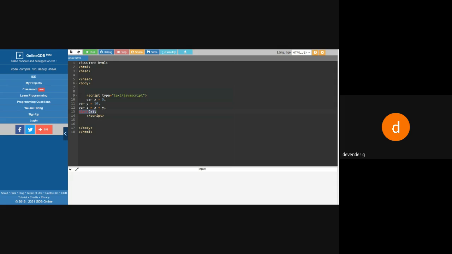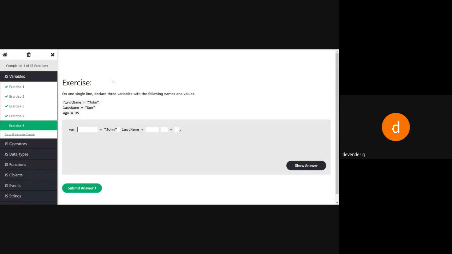Now, on one single line, declare three variables with the following names. First name is called John, last name is called Doe, age is equal to 35. So can you share the screen? Yeah. Now can you tell me the answer for this? He wants to declare the variables all in a single statement. So can you tell me or any guess?